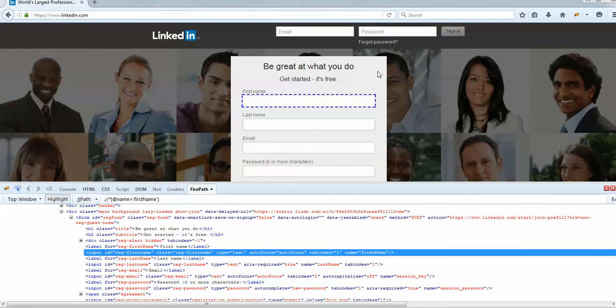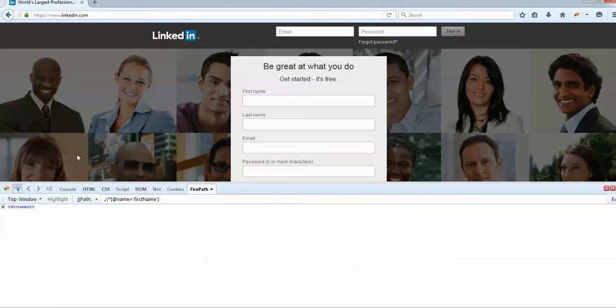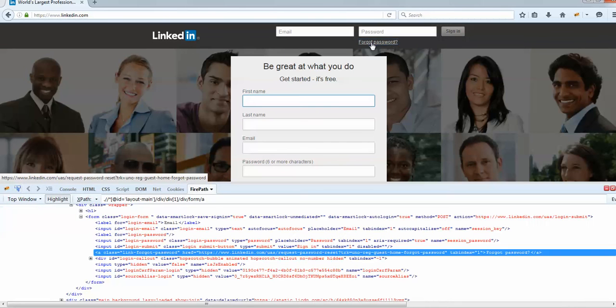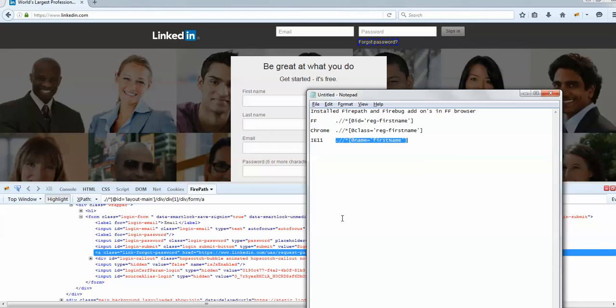Okay, so now try to identify the element using its link here. So we can do it by clicking on this button and then directly clicking on the link or whatever element we want. Either you can do right click or you can use the shortcut here which says click an element in the page to inspect. So when I do this in Firefox for forgot password, I got this XPath directly which we know that it is ready-made. So for example, this is for link Firefox gave me.